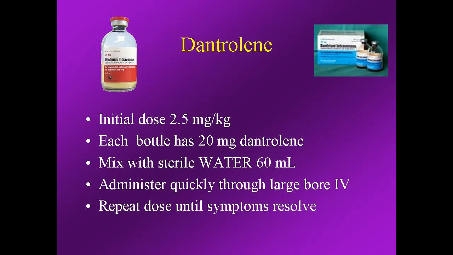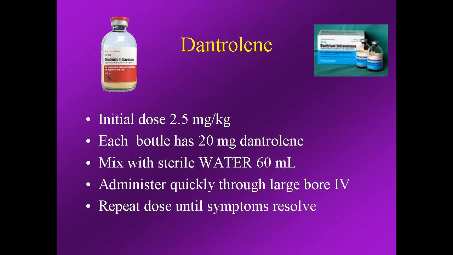Dantrolene works by stopping the release of calcium from the sarcoplasmic reticulum. The initial dose is 2.5 milligrams per kilo. Dantrolene comes in a lyophilized powder, 20 milligrams per bottle, and has to be reconstituted with sterile water, 60 milliliters for each bottle. An average 70 kilogram adult would require 9 bottles of dantrolene for the initial dose, so that